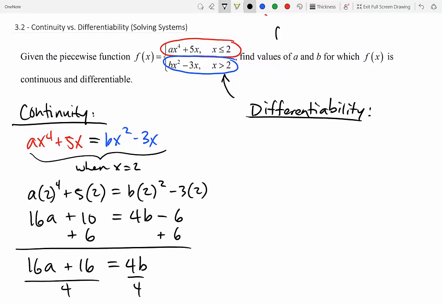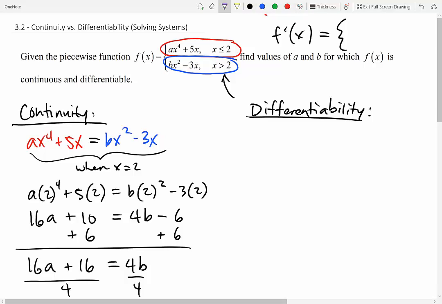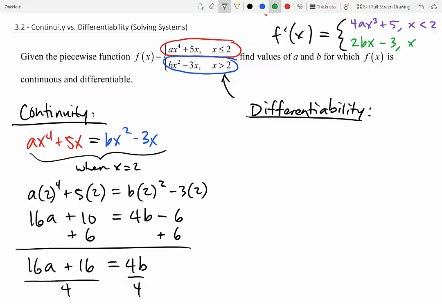So f prime of x in this problem here is piecewise. And for the first function, ax to the fourth plus 5x, if you use the power rule there, that will give you 4ax cubed plus 5, as long as x is less than 2. For the bottom piece, we can get 2bx minus 3, so long as x is greater than 2. Notice for both of those derivatives, I treated a and b as constants, and I simply used the power rule